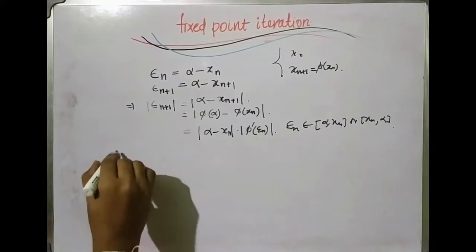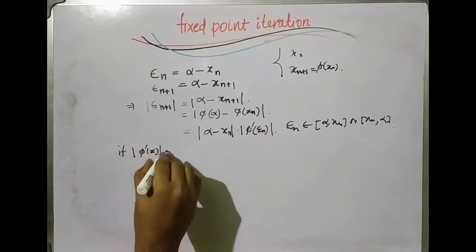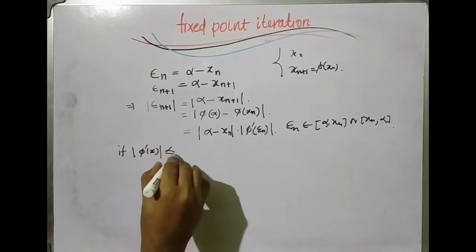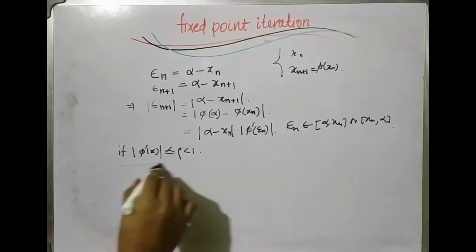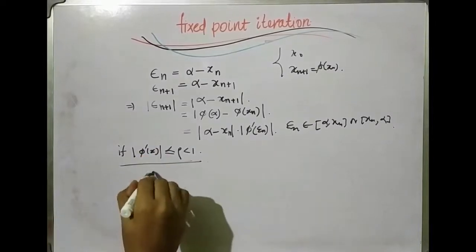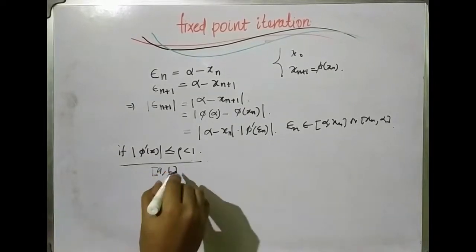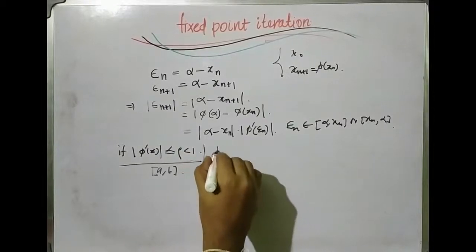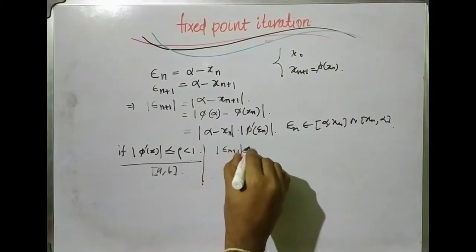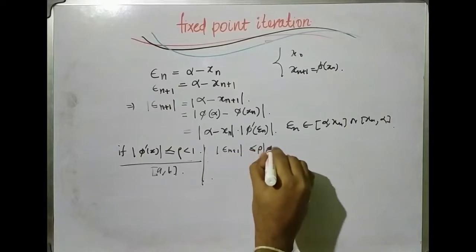So now if mod of phi dash x is less than or equal to rho, which we know is less than 1, for the convergence of the procedure it must hold in the interval AB. So using this we can write epsilon n plus 1 less than or equal to rho into alpha minus